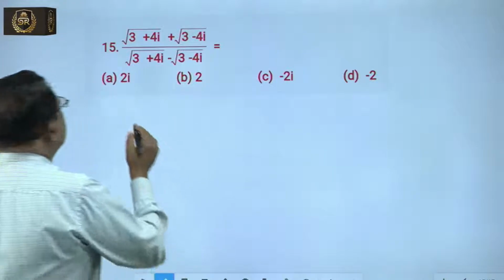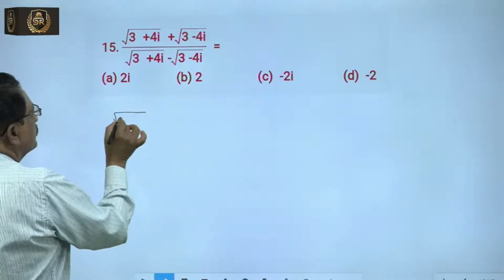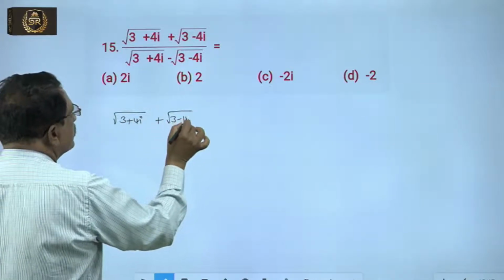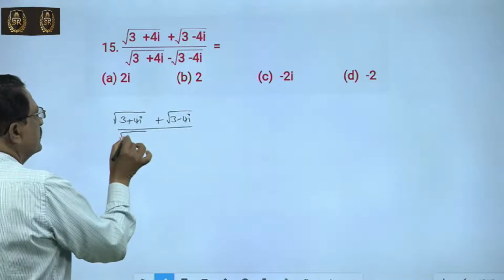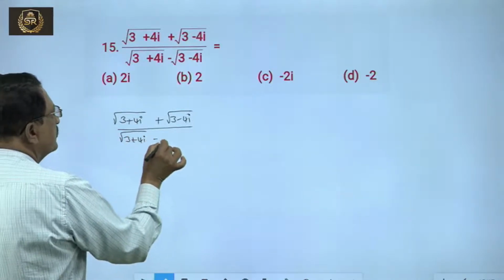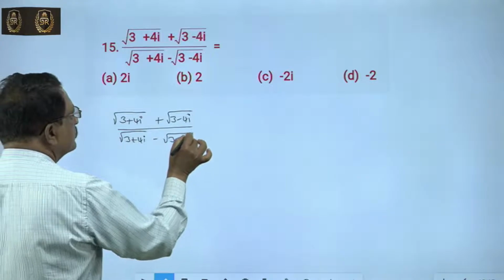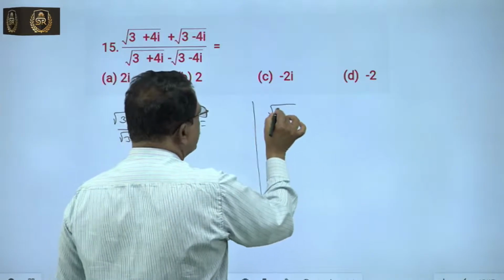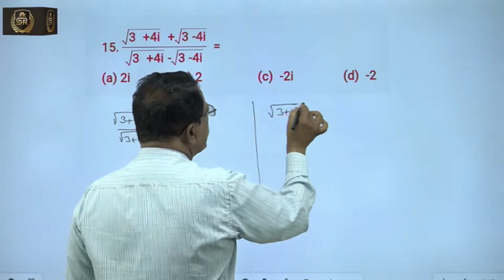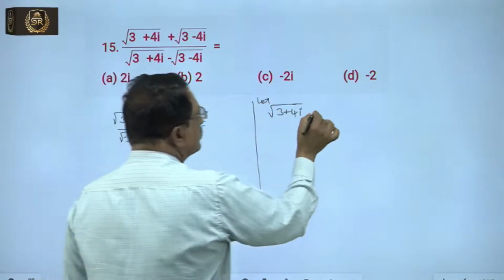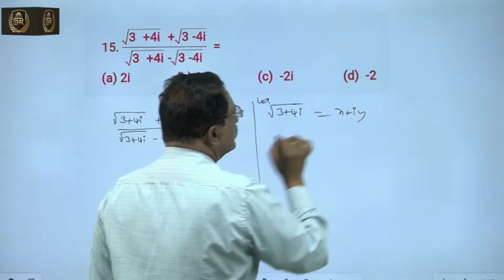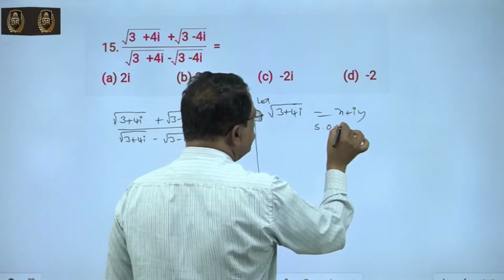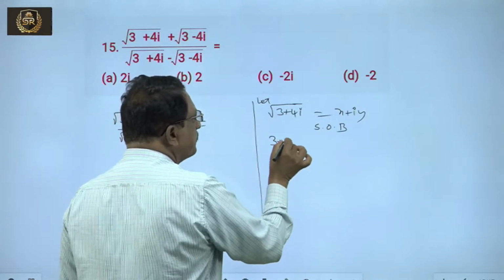Next problem. Square root of 3 plus 4i plus square root of 3 minus 4i by square root of 3 plus 4i minus square root of 3 minus 4i equals, we require this value. Now first find out the square root of 3 plus 4i. Let square root of 3 plus 4i equal x plus iy. Now squaring on both sides, we get 3 plus 4i equals